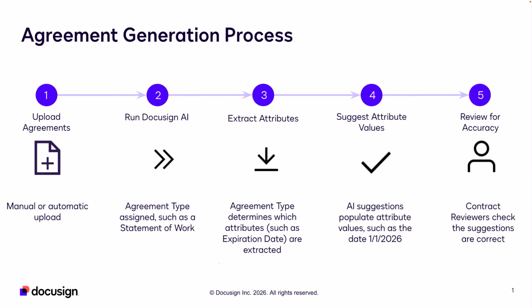When a document enters Agreement Manager, AI will begin processing the agreement. AI will determine the agreement type for the document. For example, services agreement, non-disclosure agreement, or order entry form, etc. The agreement type informs the AI as to which keywords, dates, or phrases are likely to be found in the agreement. Each of these pieces of metadata is an attribute.